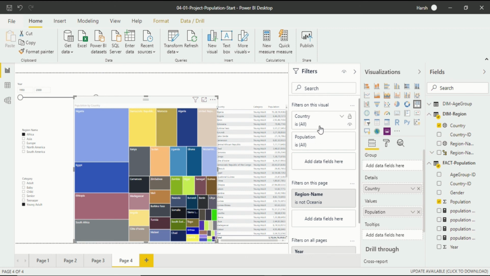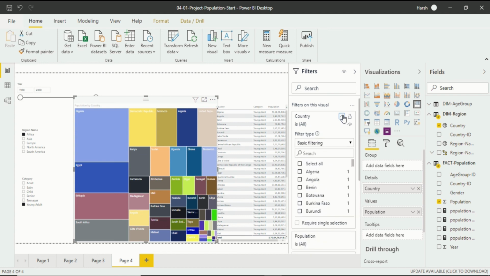Now in that case, I want the top 20 countries. How should I go for that? Again, you have to just expand this country. After that, you can go for basic filtering, which I do not require because it takes a lot of time, and I do not know which are the top 20, 15 countries on the basis of population, because in basic filtering you just remove one country at a time.